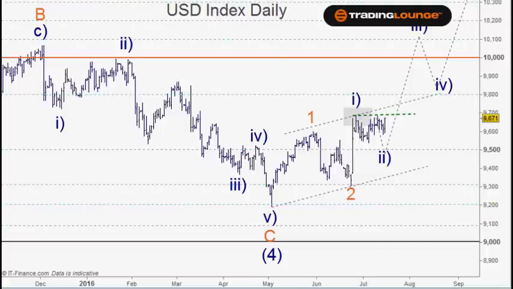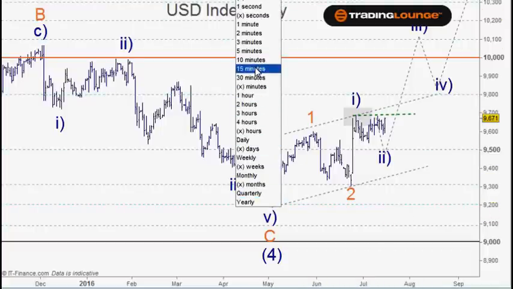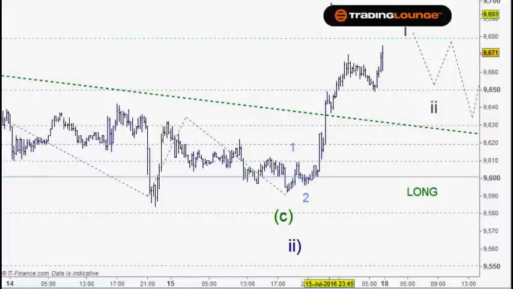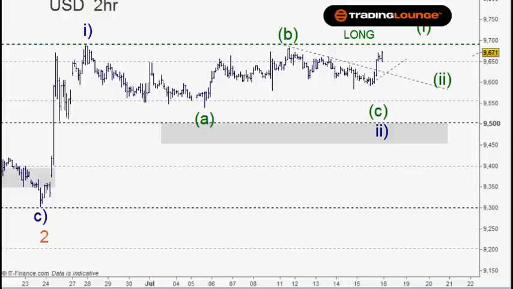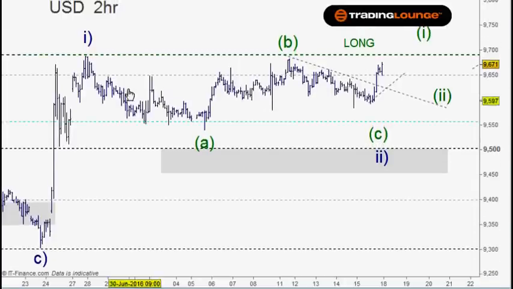And just maybe on the, not sure what I've done on the 15-minute chart here. I might just go to the 2-hour chart first. Sorry about that. Just a bit of perspective. So, taking this top out here is pretty much the